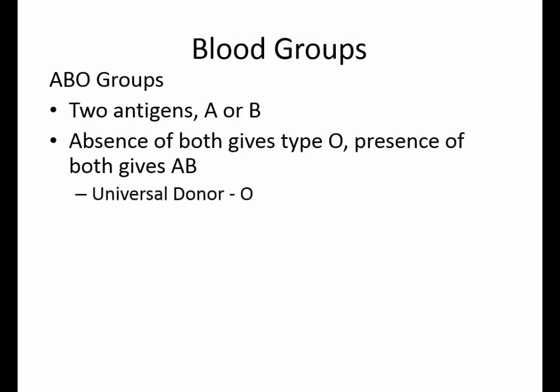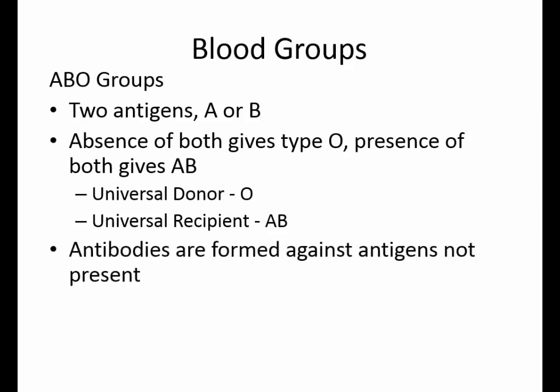We say that the universal donor is O negative blood. These people have no antigens on the surface of the red blood cells, so they can't possibly irritate anyone's immune system. The universal recipient is AB positive. They have all of the antigens, so anybody's blood will work with them. In the ABO system, antibodies naturally form against the antigens that are not present on the person's blood cells. This occurs within the first 6 months or so of life.